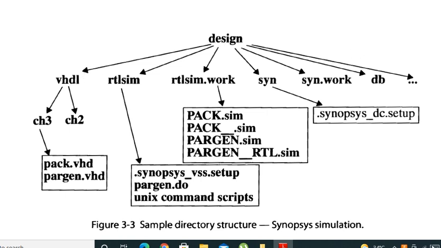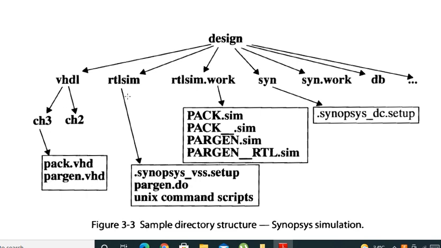For each project you create, a design will be created. In these subdirectories, any VHDL code you write will be stored in one of them, for example package.vhd and pargen.